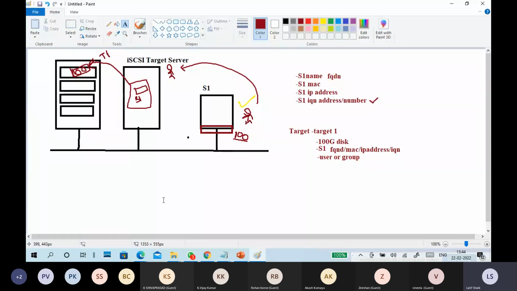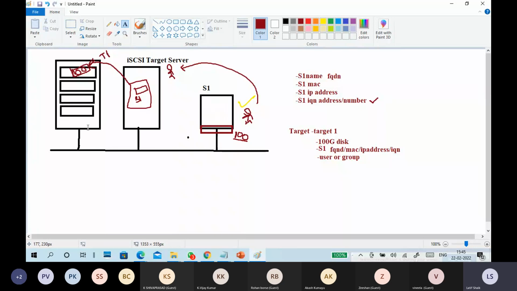So what is the target? Target meaning is what hard disks are there, what disk I am using. In the target name, we'll put a disk, different types of disk, and to whom you are giving. Two things, guys: one is the disk and the other is to whom you are giving. Authenticated by user, allowed to access to a user or a group, which machine you are assigning. So this is how the iSCSI target server works.